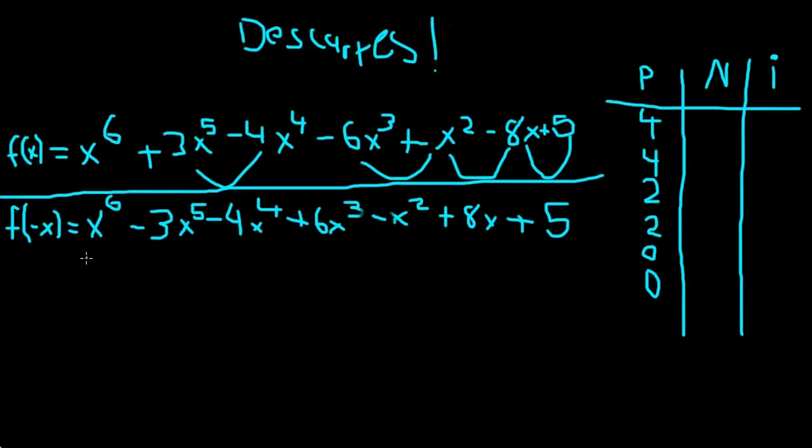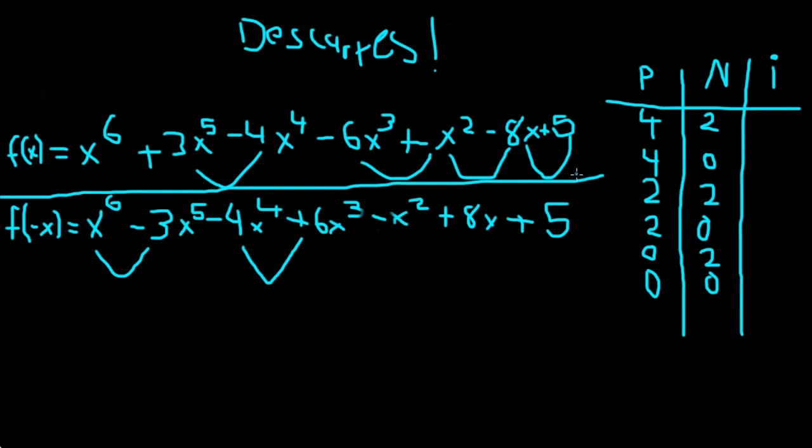So it goes from positive 6 to negative 3. So you can have one here. So 1 sign change here, and then 1 in between negative 4x to the 4th, between that and positive 6x to the 3rd. So there's 2 sign changes here. So we have 2, 0, 2, 0, 2, 0. And then the imaginary column will be how many it will take to get to 6, which